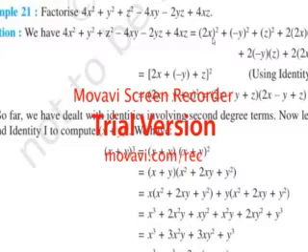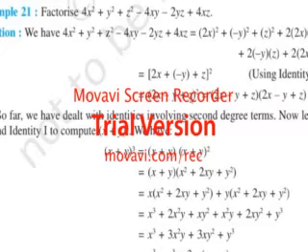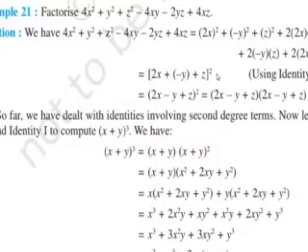So in place of x there is 2x, so 2x is written, plus in place of y there is minus y, and in place of z there is z, so it becomes 2x plus, in bracket, minus y plus z whole square. Now plus minus will become minus, so it becomes 2x minus y plus z whole square. Since it is a whole square, you can write it two times: 2x minus y plus z times 2x minus y plus z.